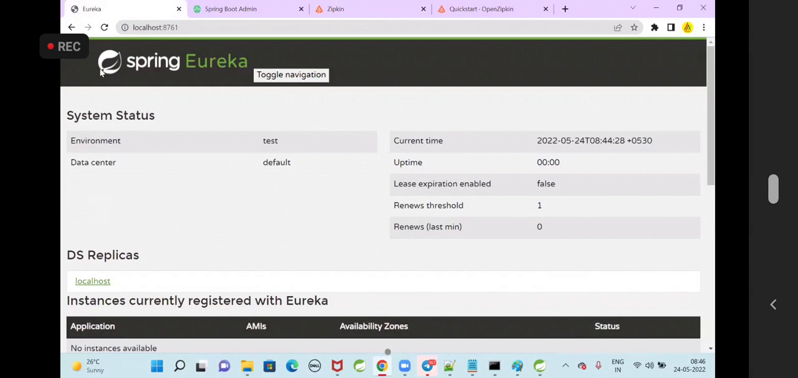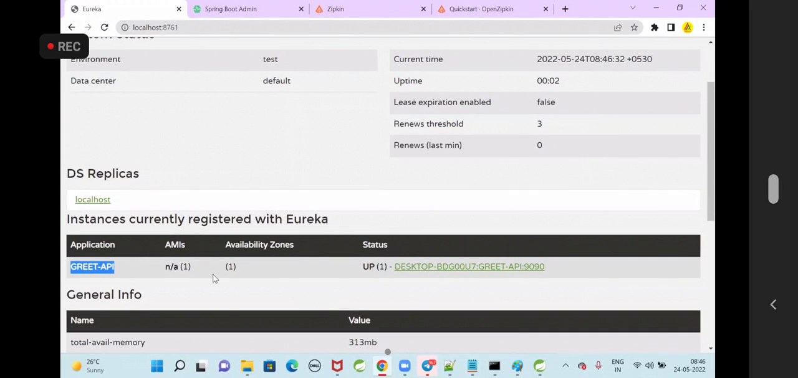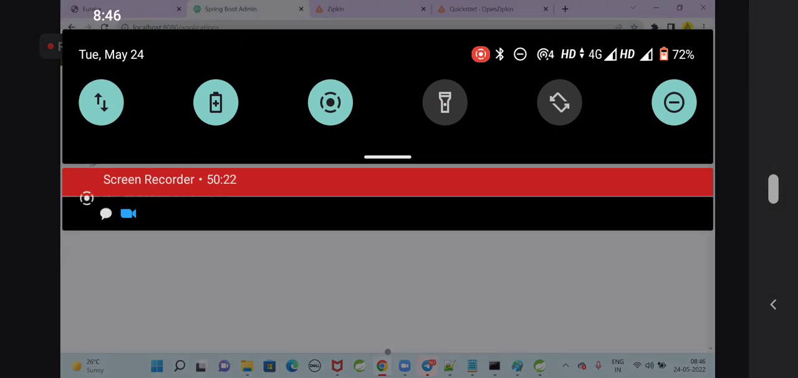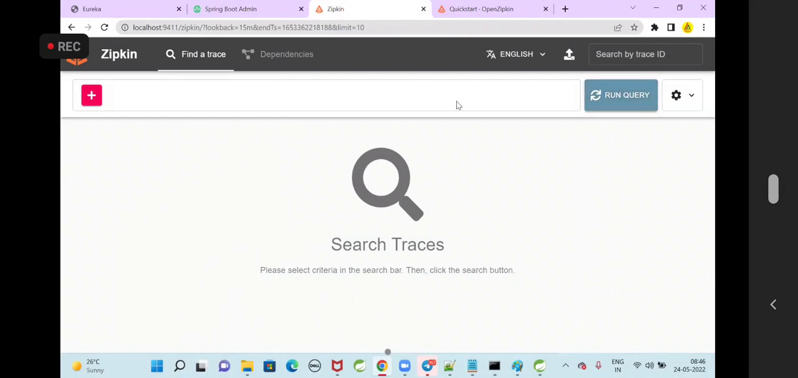Chalo, go to Eureka, refresh. Greet API registered with Eureka server. Guys, come on. Greet API registered with Eureka server, yes or no? Go to admin server. Greet API registered with admin server also. Go to Zipkin. Currently, is it